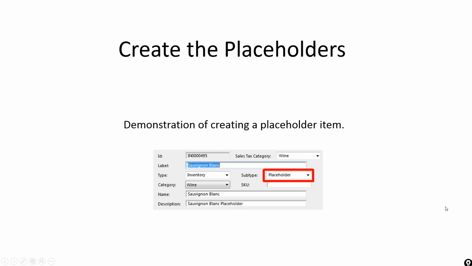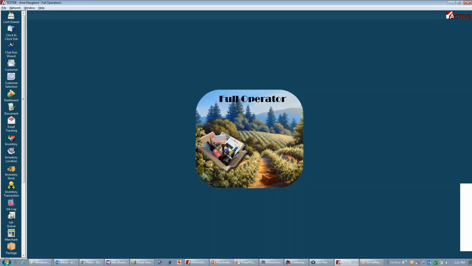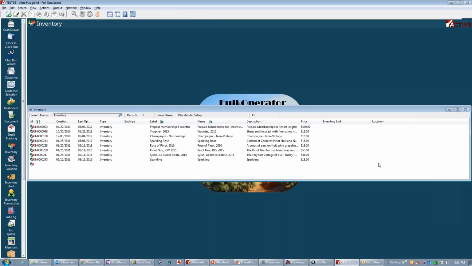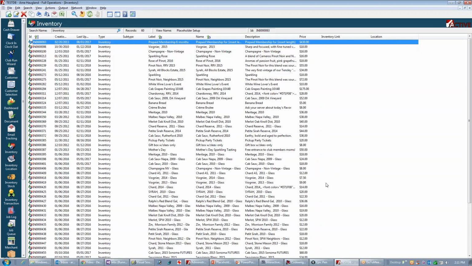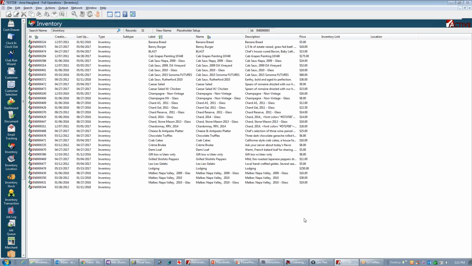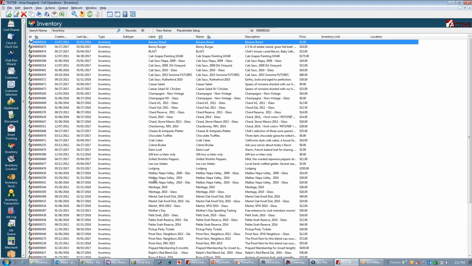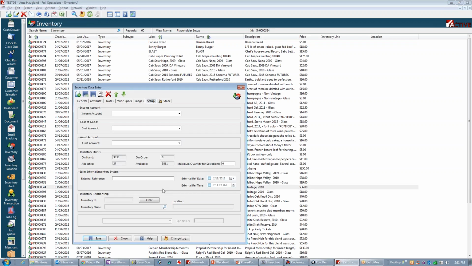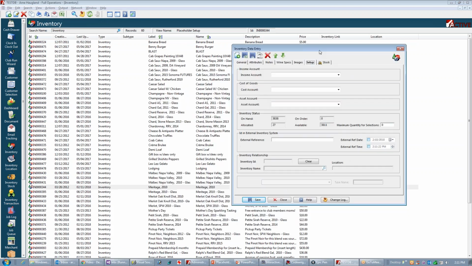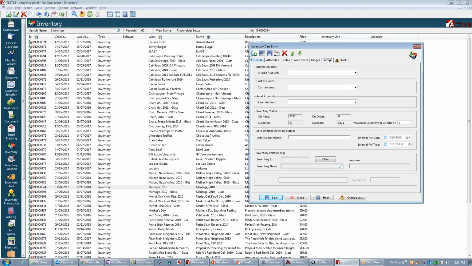Now, how do you make a placeholder? We thought we'd show you that. So hop back to Active Club. Let's open up the inventory window, expand this out. So these are all my inventory items. Let me sort these. And let's say I wanted to make a Meritage placeholder. I'm going to click on New Item,